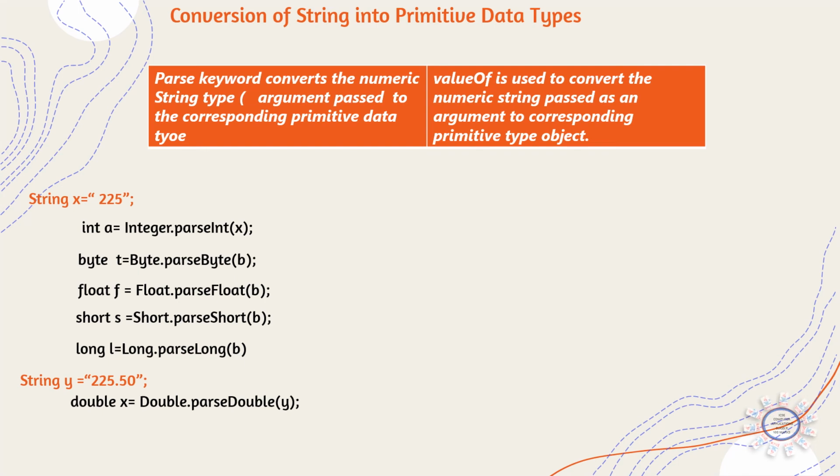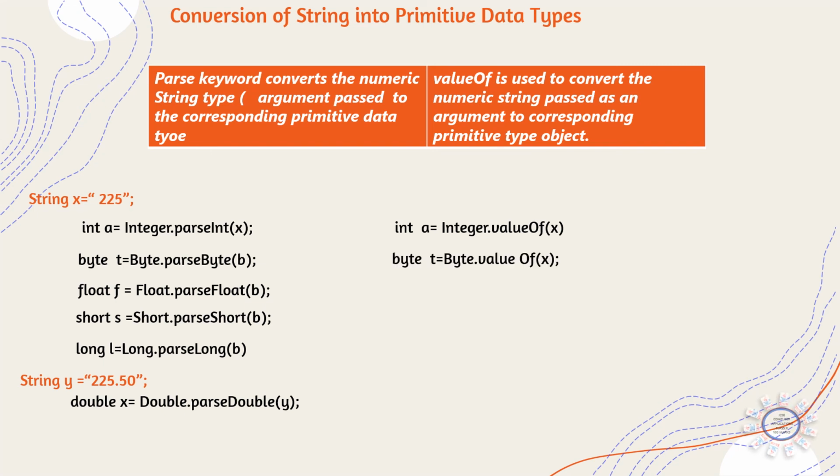And 225 will be stored in the number form in int a and b. So we can do the mathematical functions properly with this number. And now how we can convert into primitive type object by using the valueOf method. Here if you want to convert to int, as already told, the wrapper class for int is Integer. So Integer.valueOf(x), with O capital. So this is the format of how we convert, Integer.valueOf(x).